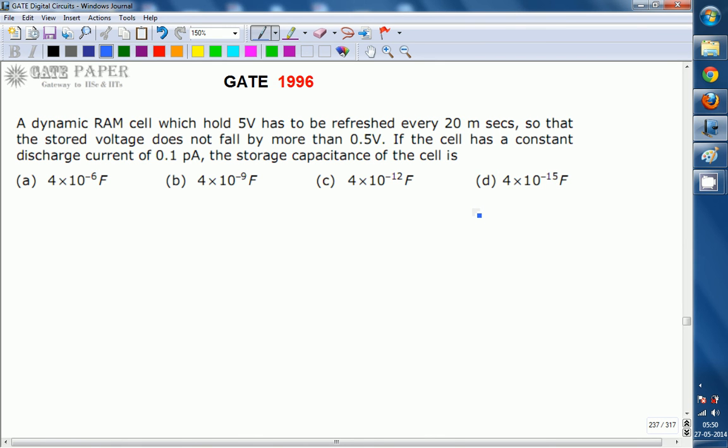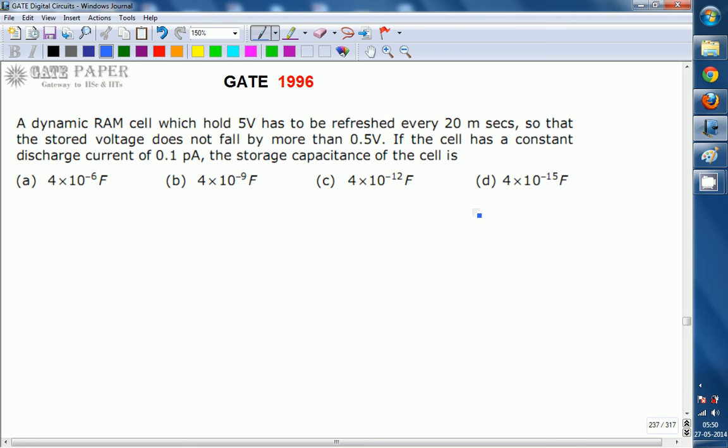Hello, we are discussing the GATE 1996 ECE paper, and this question is related to digital circuits. A dynamic RAM cell which holds 5 volts has to be refreshed every 20 milliseconds so that the stored voltage doesn't fall by more than 0.5 volts. If the cell has a constant discharge current of 0.1 picoamperes, then the storage capacitance of the cell is...